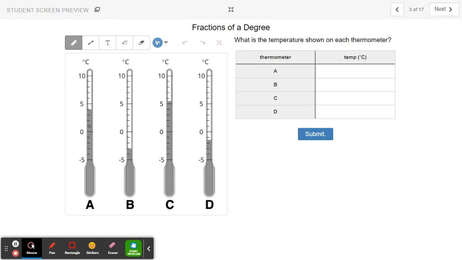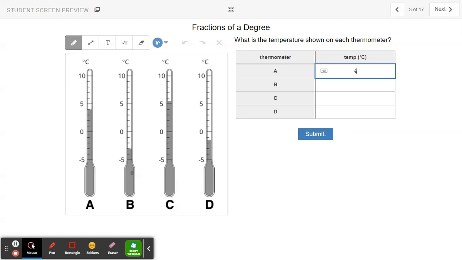So this is 0, 1, 2, 3, 4, right? And then 5, 6, 7, 8, 9, 10. So it's going up by 1. So that means A is going to be reading 4 degrees. And I'm looking at just an observation. They're all doing that, right? Every single one is going either up or down by 1 degree